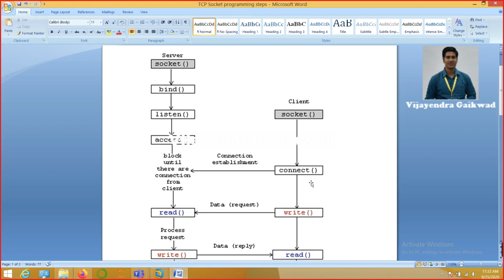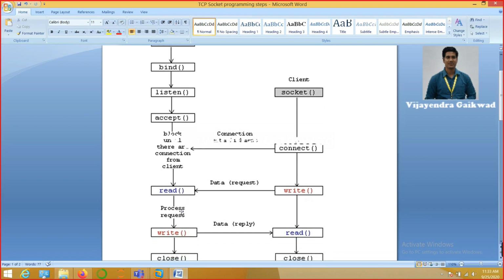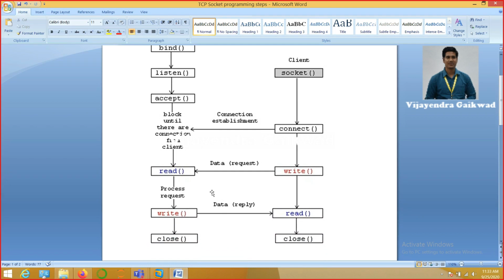Now once the client generates the connection request, it will establish a connection with the server, and then this reading writing regime will be continued until either of the parties, that means client or the server, calls the close system call, which is for termination of the TCP connection. Got this? Okay.